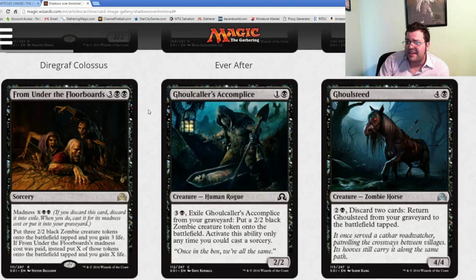We're already at a card that I think is like a C+, and for Madness, which is X black, you put X zombies into play, tapped, and gain X life. So it's playable without Madness, and it's amazing with Madness, right? You can play it for less if you have to discard it early. You can play it for more later, which is what you'll normally do. So for me, I think this card